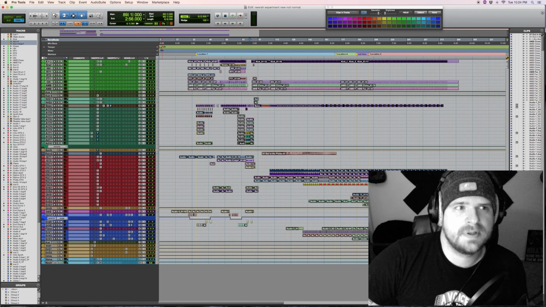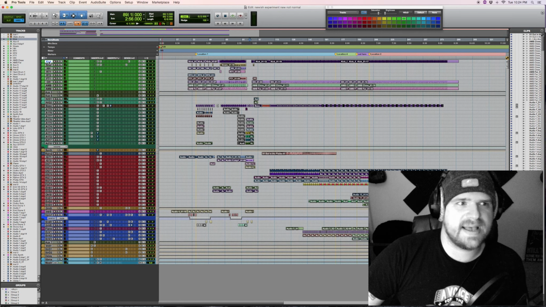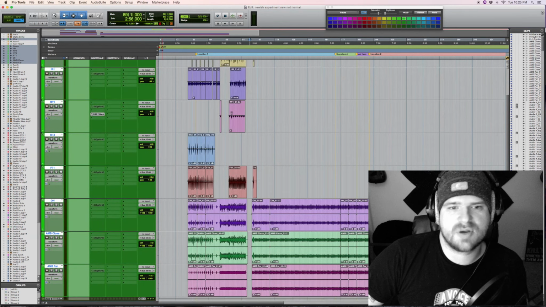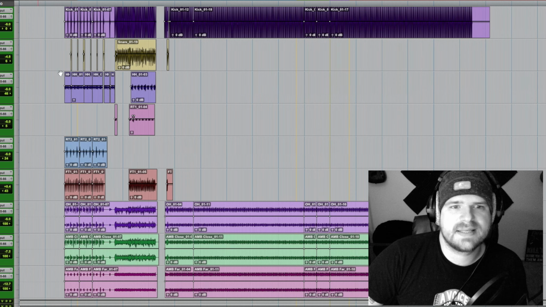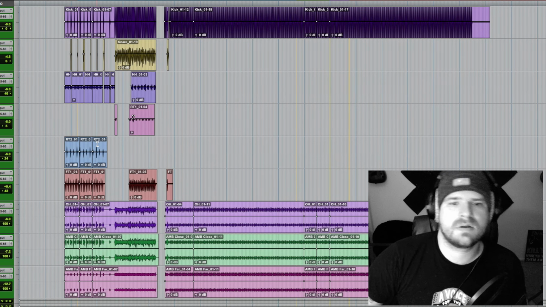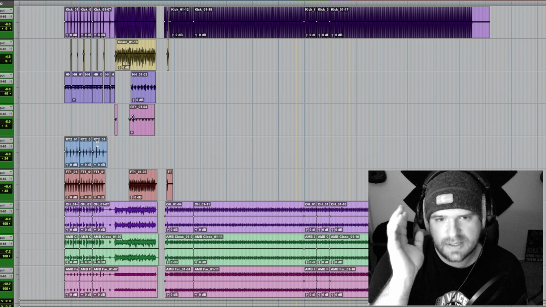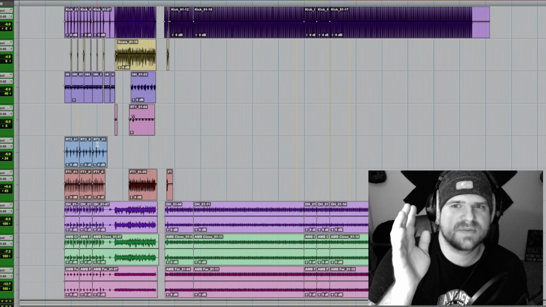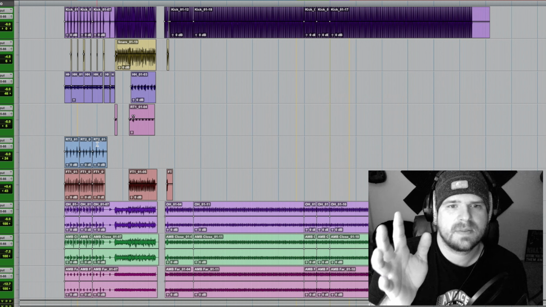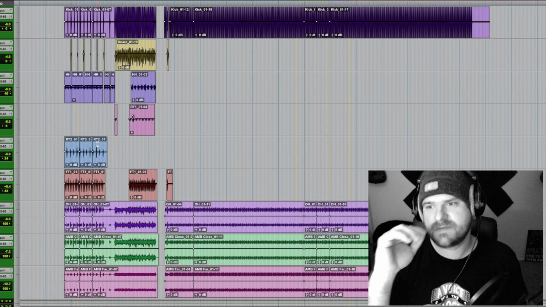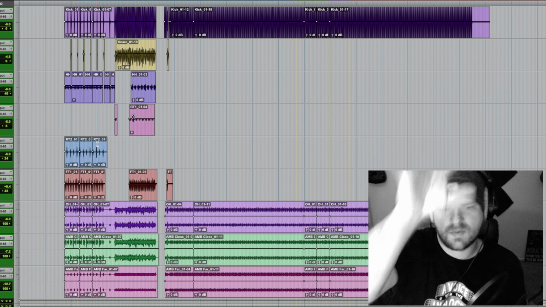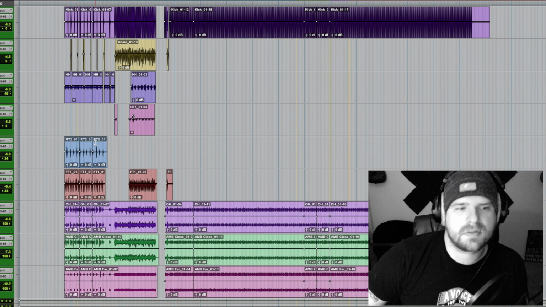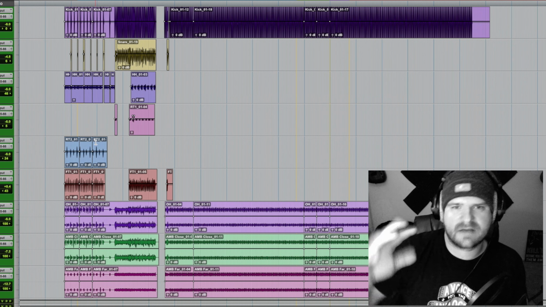For example, instead of keeping the drums as a MIDI track, I decided to bounce the drums all the way down into each individual element. And so I'm not going to go over the drums too much in this song, just because it's going to cause confusion, not just for you, but for me, because there's just so much to navigate through. So I'll give you an idea. I'll give you a run through the drums, but I'm not going to really go back and forth through them.